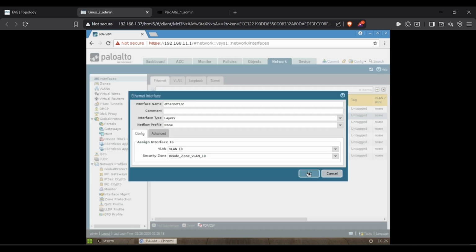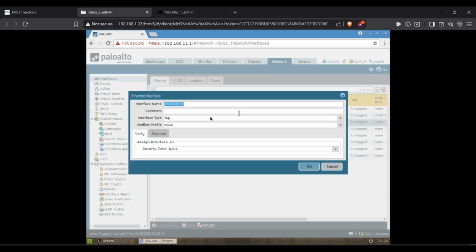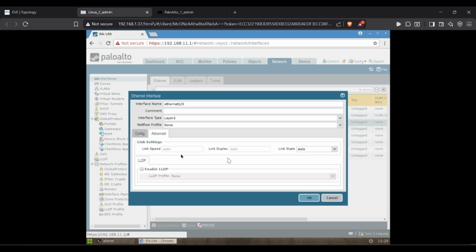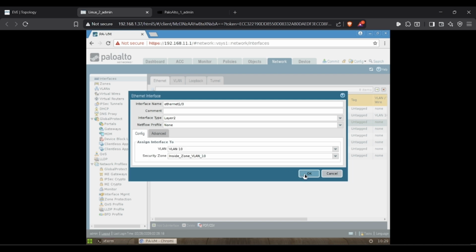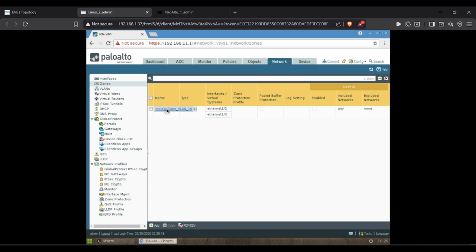Now the third interface type is layer 2. Net profile is none. Now we have to select the VLAN, which is VLAN 10. Now the security zone is inside zone VLAN 10. Advanced is normal. We didn't have to select or change anything. And if we go inside that zone, these are the zones we can